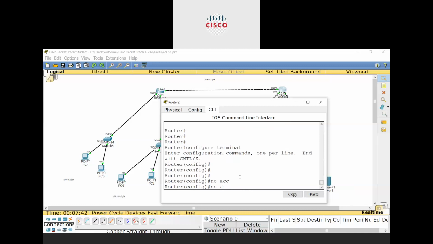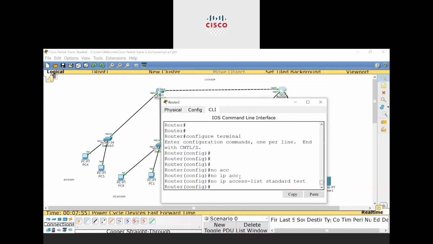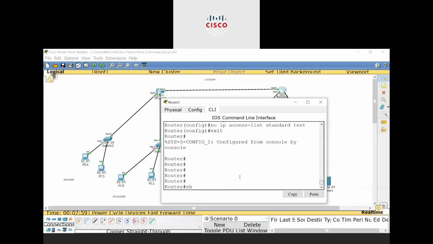Okay, it was a named access control list, so I have to write the complete syntax for that. Standard. So now we do not have any access list here. Okay.